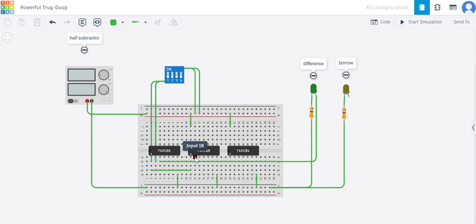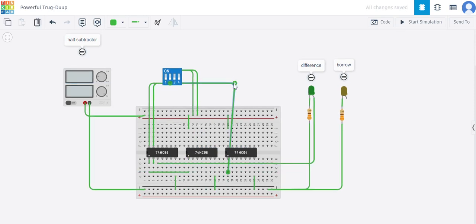Now for the second input, we are taking it from the NOT 1. This is our NOT gate, hex inverter. So we take input 2 and give it to the input of our NOT gate, and the output of our NOT gate is present here. So we take the output of the NOT gate and give it to the input 1B of the AND gate. So now for this AND gate, one input is directly our input 1, and here we have the NOT